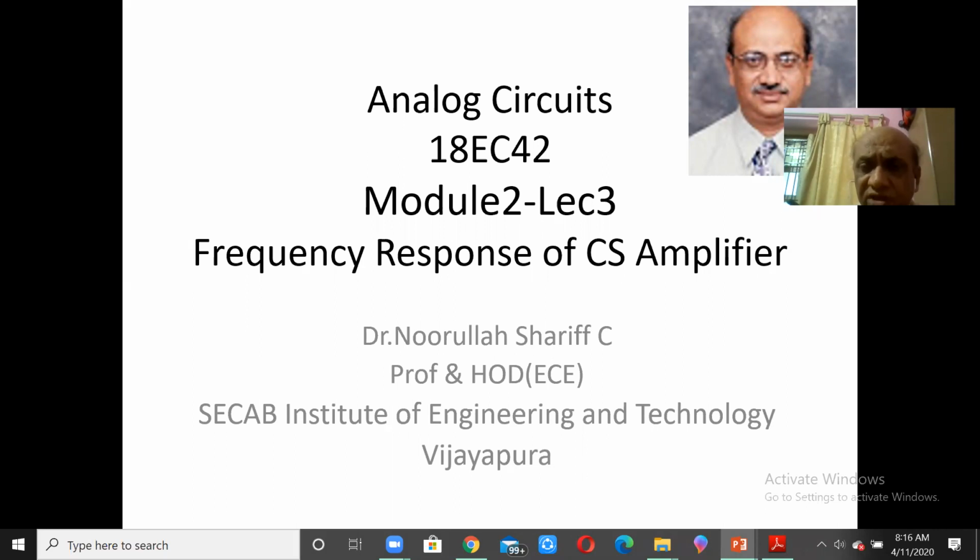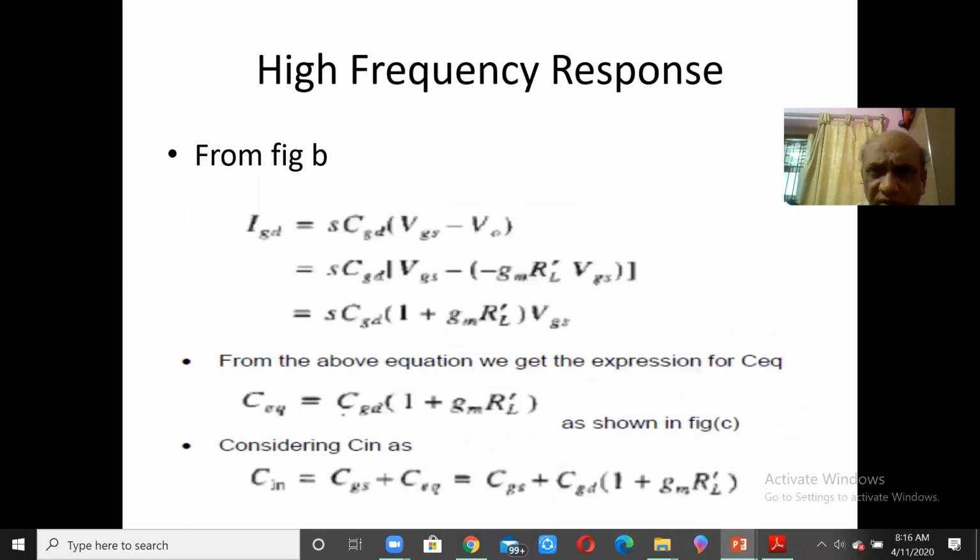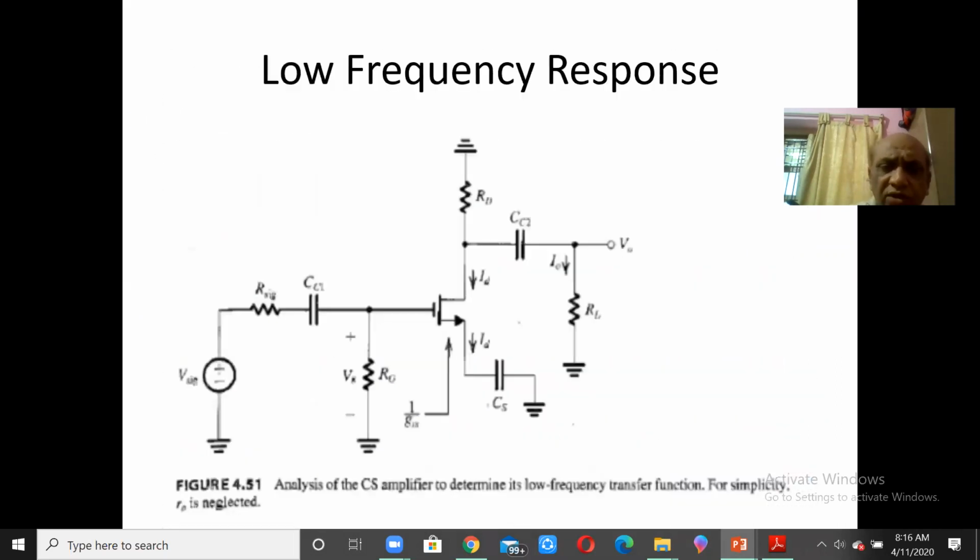In the last lecture, we considered the three frequency bands of the common source amplifier, and then we considered the high frequency response. We will consider now the low frequency response of the amplifier. So now in the low frequency, we have written again the equivalent circuit over here. This VDD is grounded in the AC analysis. So therefore, we have connected it to ground, and naturally we can see that you have ID over here and